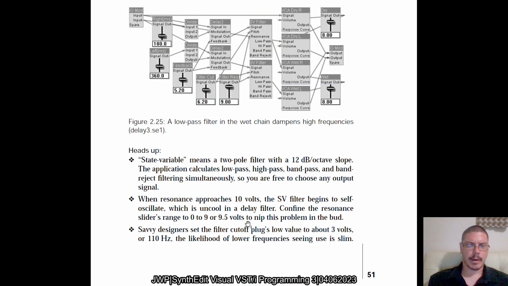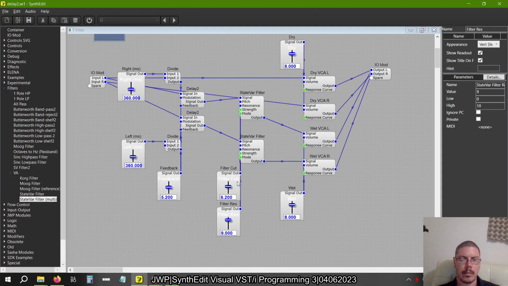Heads up, state variable means a two-pole filter with a 12 decibels per octave slope. The application calculates low pass, high pass, band pass, and band reject filtering simultaneously, so you are free to choose any output signal. When resonance approaches 10 volts, the SV filter begins to self-oscillate, which is uncool in a delay filter. Confine the resonance slider range to 0 to 9 or 9.5 volts to nip this problem in the bud. So I'm going to go ahead and do that, I suppose. Filter resonance and